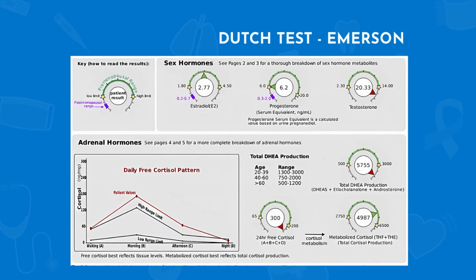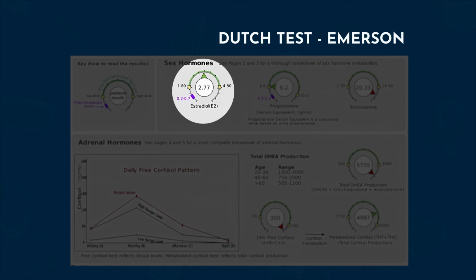So this is the Dutch test. It's a hormone test, and I really love this test because it tests for a lot of different hormones. So it tests for 3 types of estrogen, progesterone, testosterone, dihydrotestosterone, and cortisol, right? So we've got the adrenal glands as well. This is just a snapshot page, but when we look at this, we get a lot of information. When you drill down into the specifics of it, you'll see the 3 different types of estrogen. Estradiol, or E2, is the main estrogen of cycling or menstruating people. So the most important for Emerson.